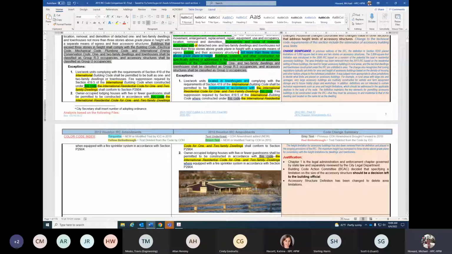In the previous editions of the IRC, the definition of section R202 placed limitations of 3,000 square feet in area and 2 stories on accessory structures. The 3,000 square foot limitation was introduced in the 2006 IRC based on a concern of the potential fire load in residential accessory buildings. The area limitation has been removed from the 2015 IRC based on the residential setting of